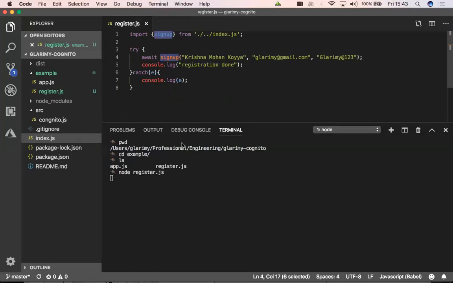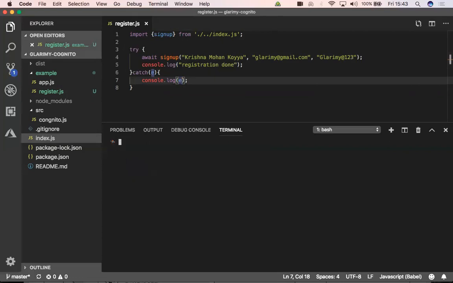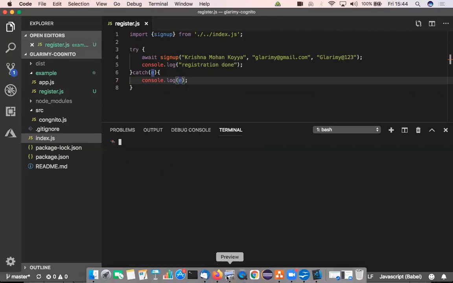So if everything goes fine, we should get the message saying registration is successful. If something goes wrong, it should print that error message, whatever it is. It is not saying any one of them. Even for clear also, it is taking time. Something heavy is running on this machine, looks like. I'm not sure.